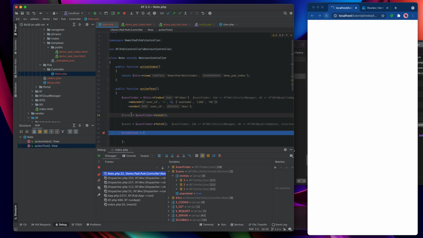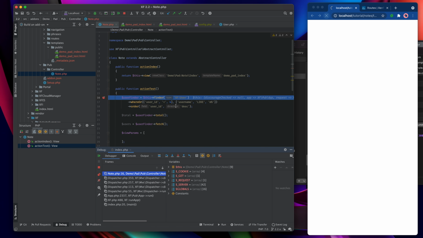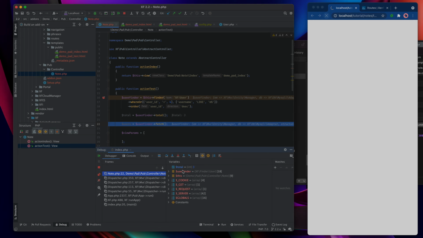And now that will create for me, let's run this. Stop and run. So we've created our finder, and now we're going to get the total, and it says that the total is 3. And based on that result, you could then do pagination, or you could detect a result that's going to have no items returned at all, and then just not bother to run the fetch query. And you can make all sorts of decisions based on the number of results that you know you're going to get before you actually go to fetch them.